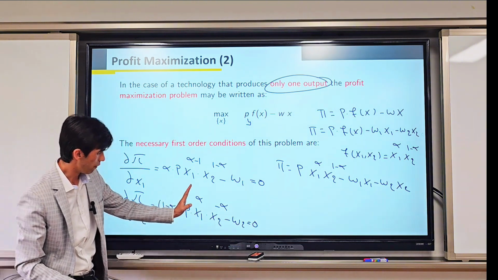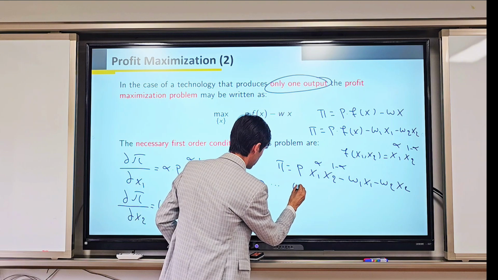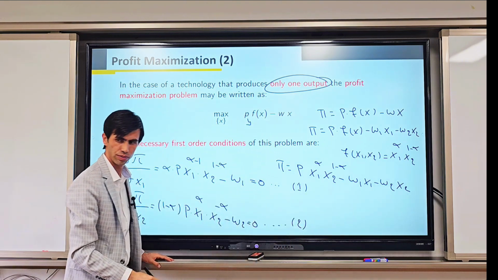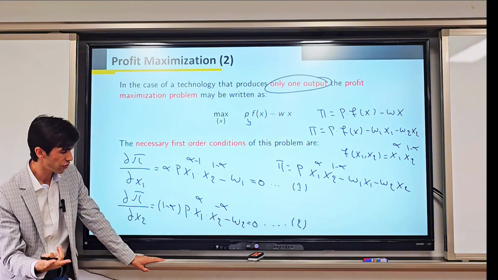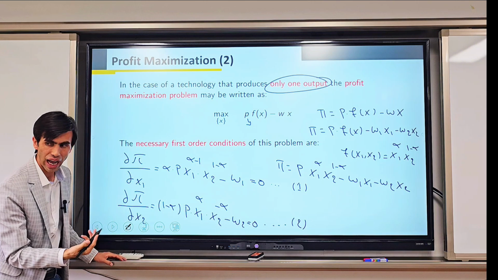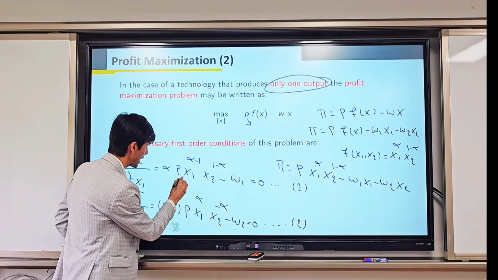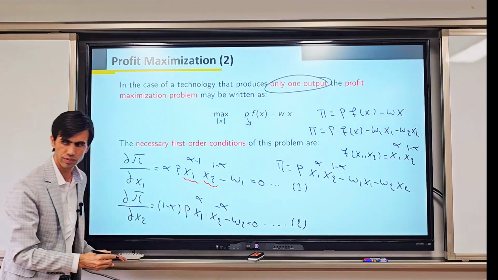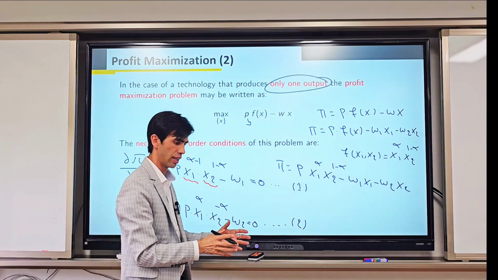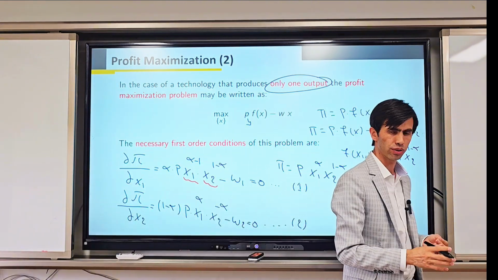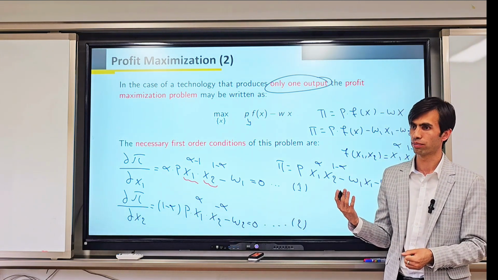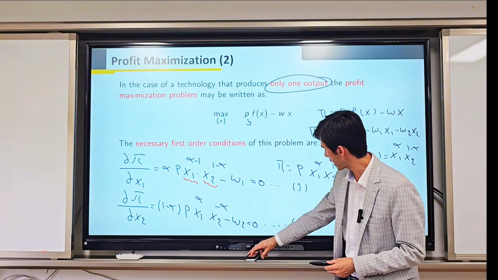So now we have two equations, equation number 1 and equation number 2. We have two equations and two unknowns, where our unknown variables here are x1 and x2, which are our inputs. We need to find the optimal level of input that produces the maximum output that maximizes our profit function. So we can further,